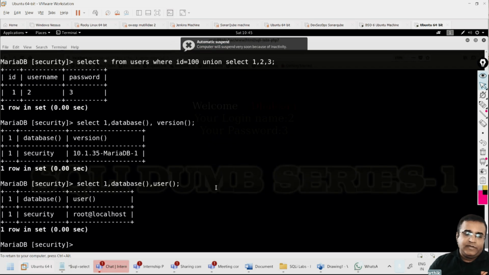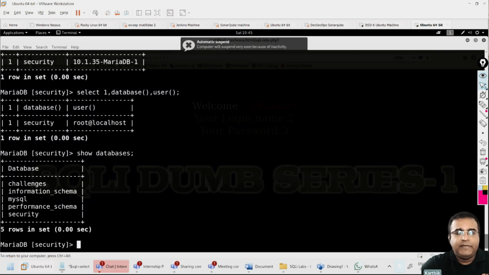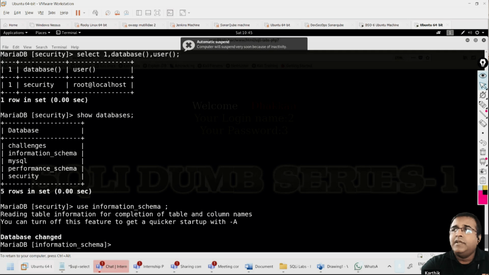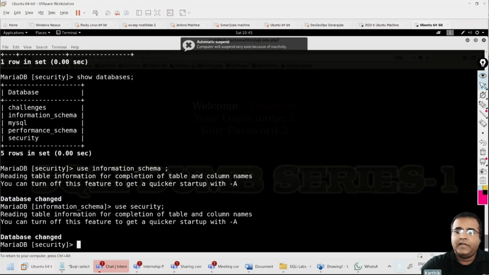Because if you remember, if I show databases, I told you information schema is a very important database that comes built in. This information schema has all the information about all the tables, all the columns, all the names, all the parameters, everything. Let's say I give use security for the time being, and if I want to see the parameters or attributes for a table, I can give desc users.